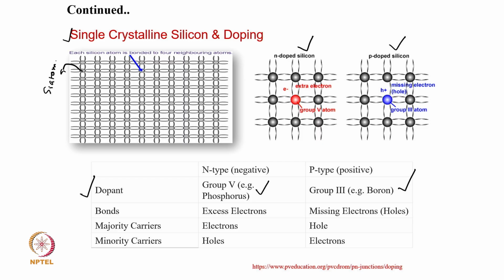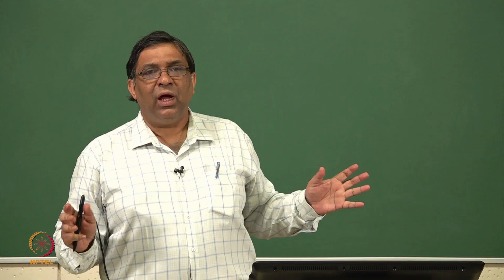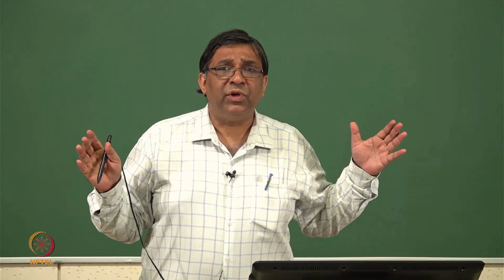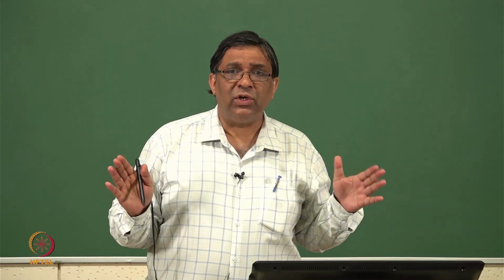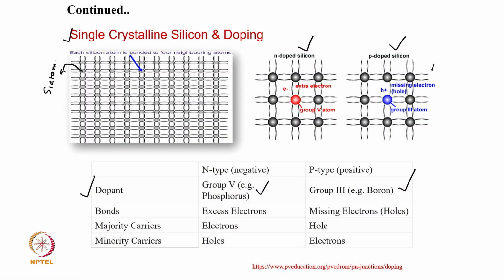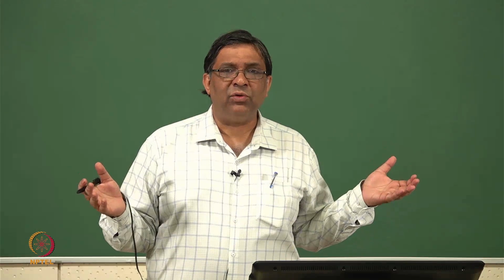And we know this is a very basic and fundamental thing. Whenever you introduce an N-type, you have an extra electron, making it N-type. A large number of free electron density you get in case of N-type silicon. And similarly, when you dope it with boron, then you have a hole generated and a large number of holes.